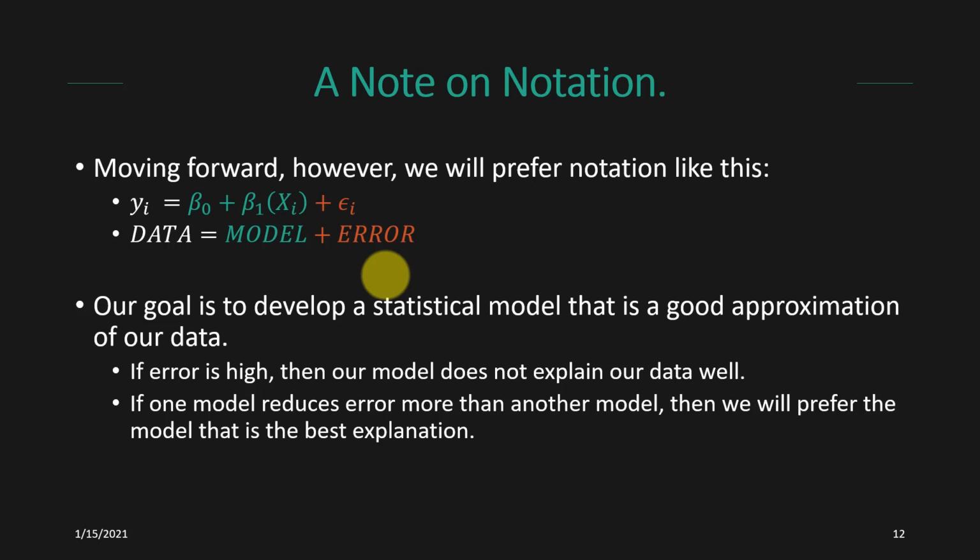We're going to use this notation for basically everything else that we do as a statistical test, and you'll really see that all of the different kinds of statistical tests that we might want to do, whether it's simply comparing two groups, comparing three groups, comparing multiple factors, looking at interactions between factors, all of them are variations of this idea. We have some data that are being explained by a general linear model and then some error term. And our goal is always going to be to reduce that error term so that our model is a better approximation of our